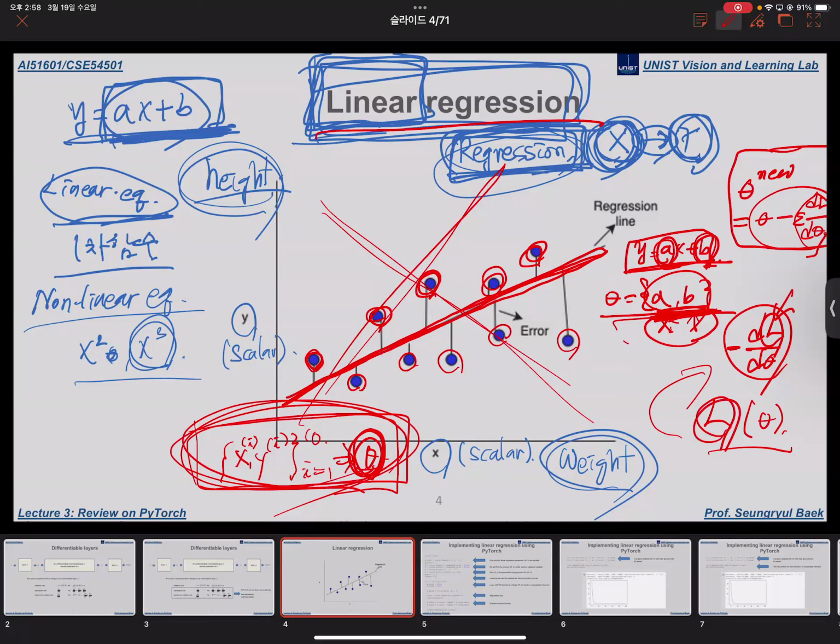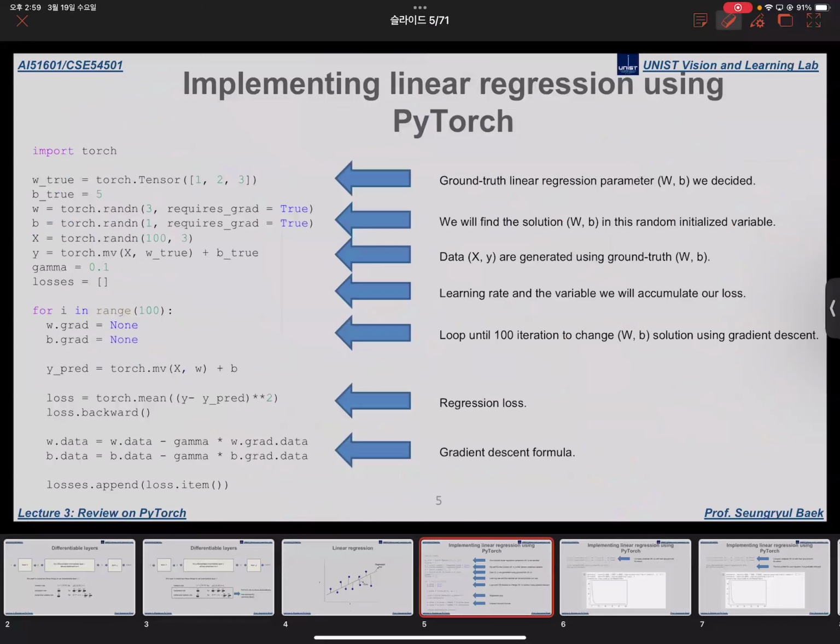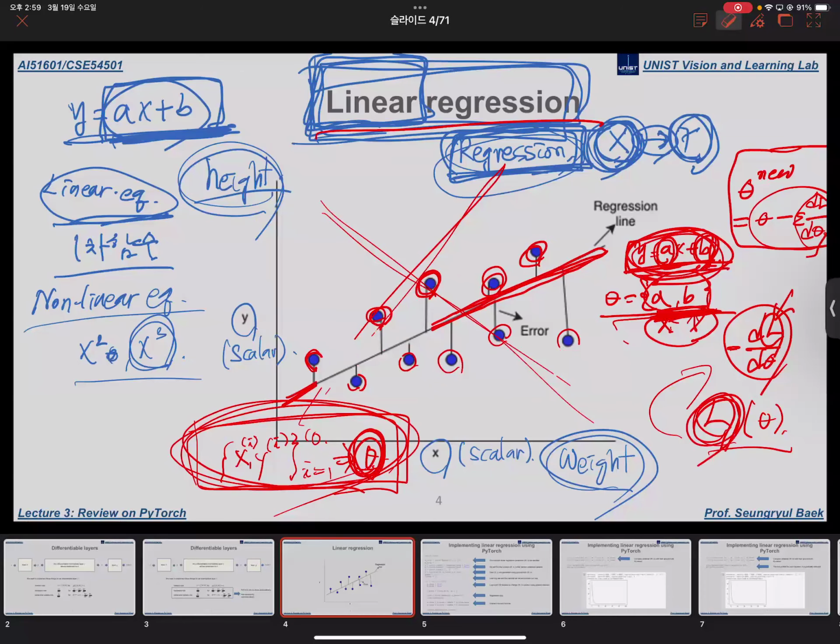And this loss, I already told you that this loss L is the distance between ground truth and our prediction, okay? So this Ax plus B with random A and random B will predict something, but that would be far from the ground truth Y. But anyways, we can calculate the loss, okay? So here, what is illustrated is,